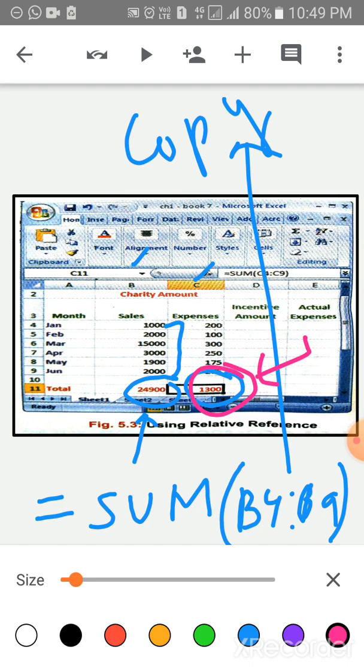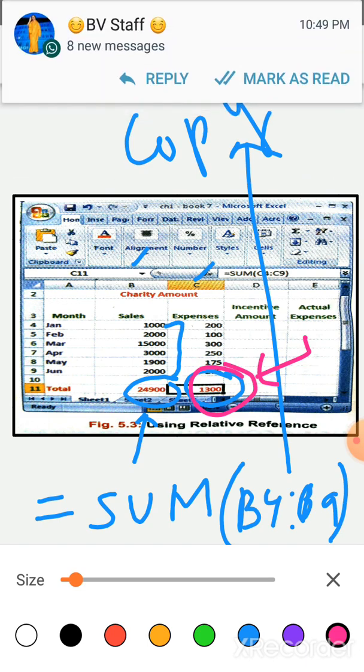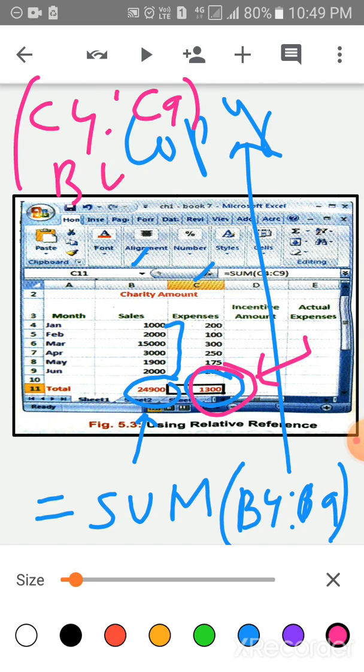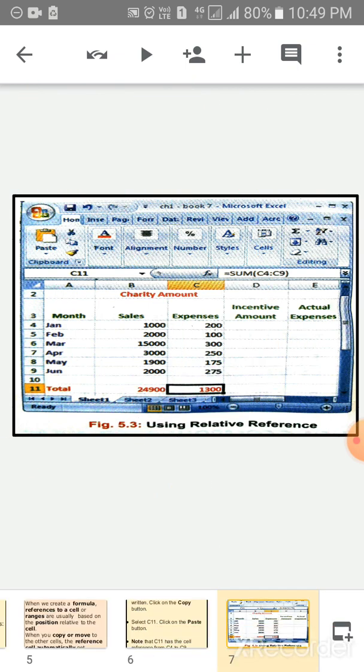It is noted that C11 has the cell reference from C4 to C9 instead of B4 to B9. Understood?